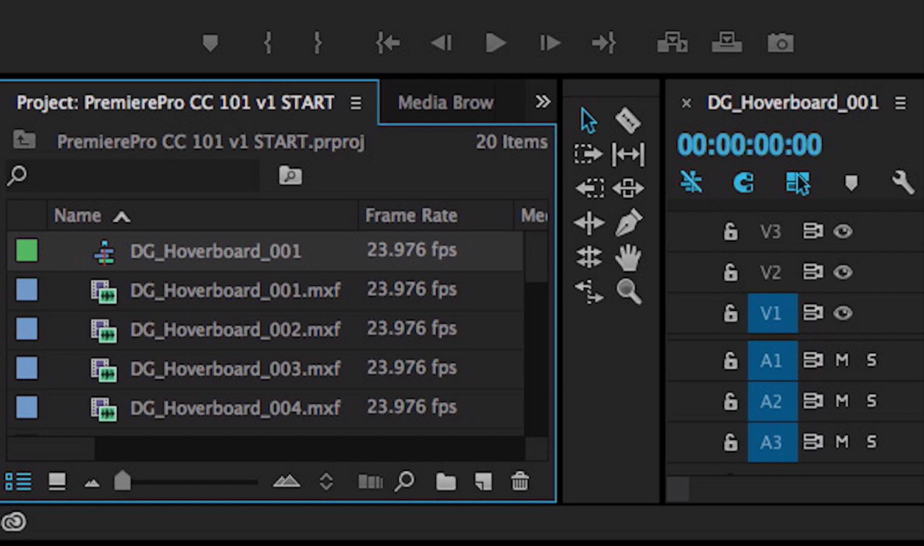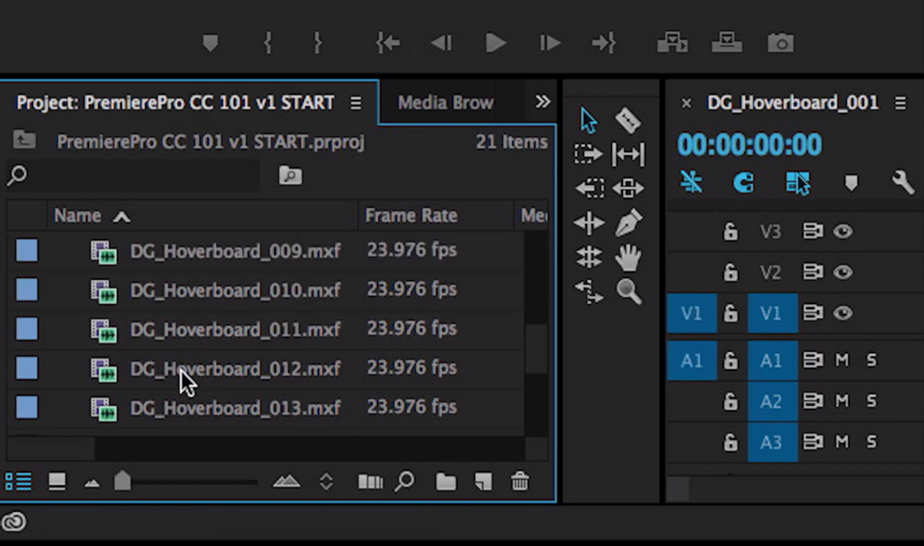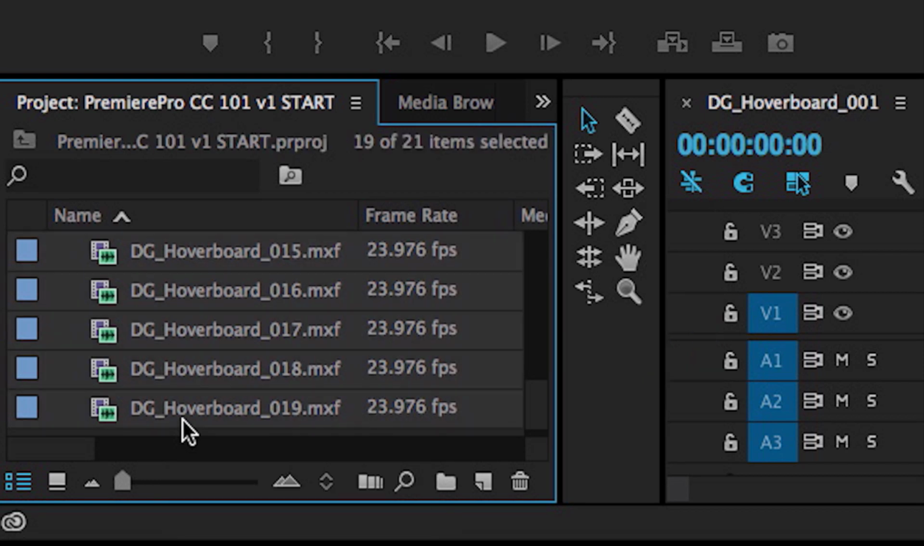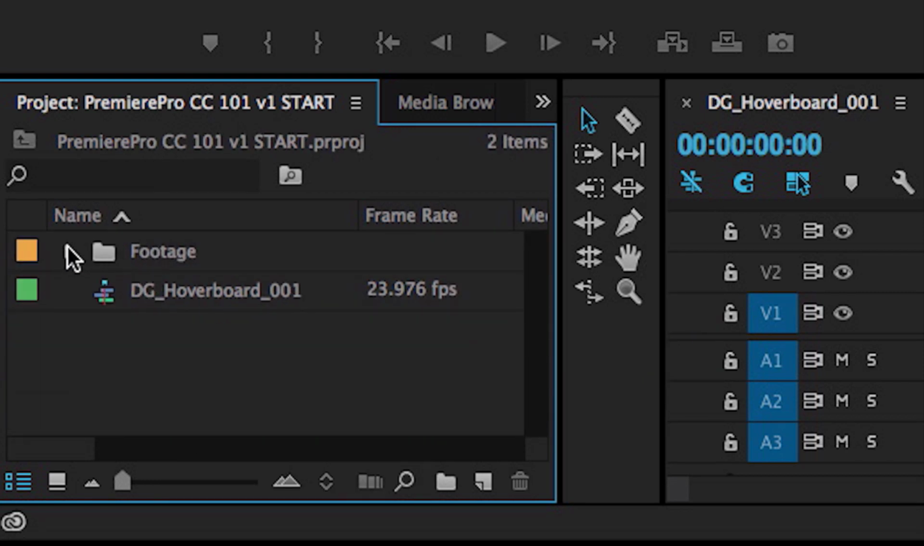From here, you might want to go ahead and click on the folder button, or again, what's known as a bin, and give that a name, and start organizing some of your footage. So I'm just going to go ahead and select these and then drag and drop them into that folder